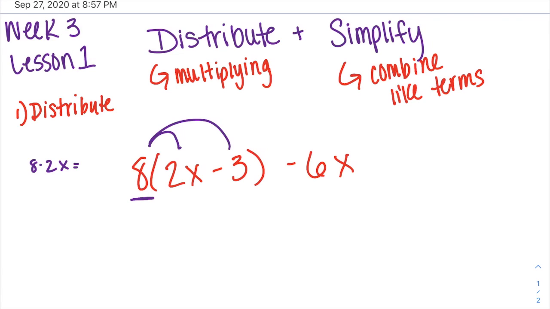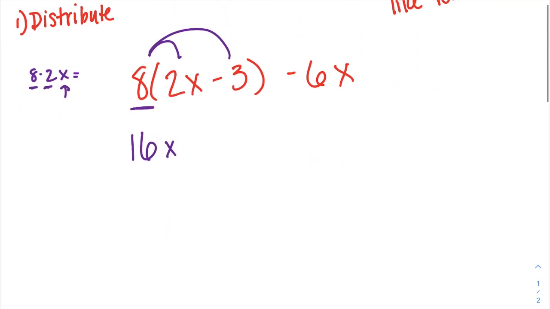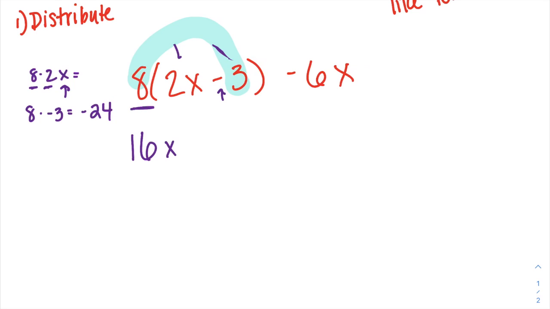Which is 16x. 8 times 2 is 16, so I multiplied the actual numbers, the 8 and the 2, and this x just comes along because it was attached to the 2. Next, I'm doing 8 times negative 3. Notice how I'm calling it a negative because there's that minus sign right there. 8 times negative 3 is negative 24. So now I have 16x minus 24